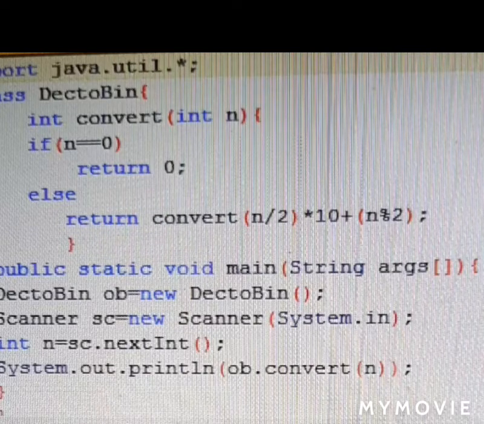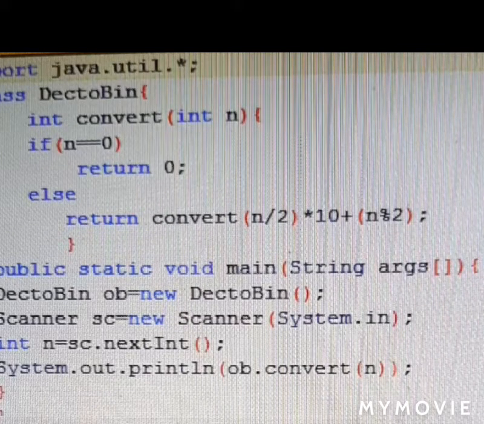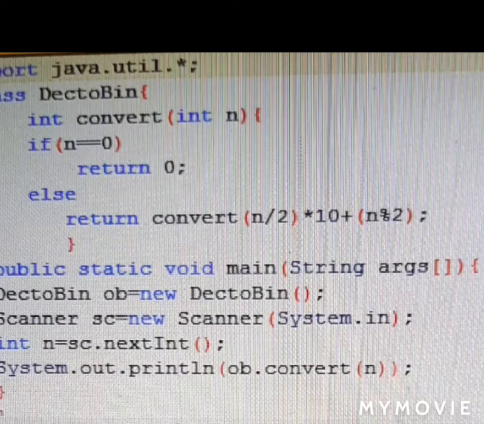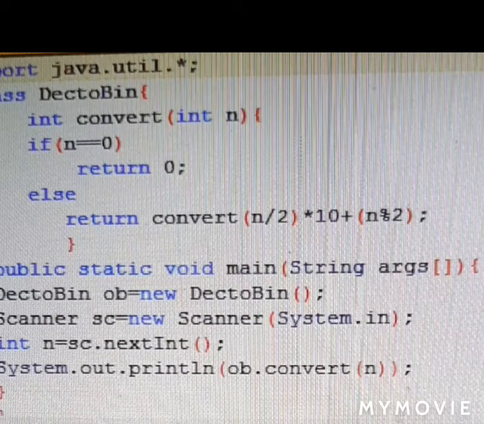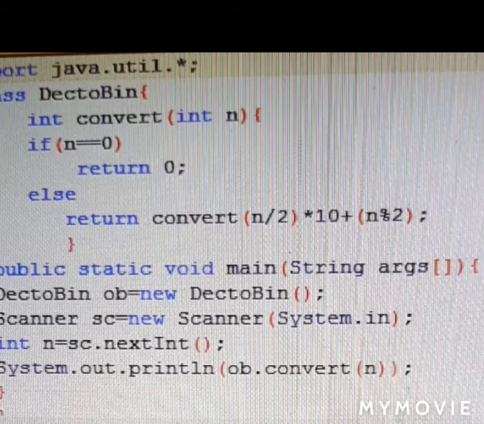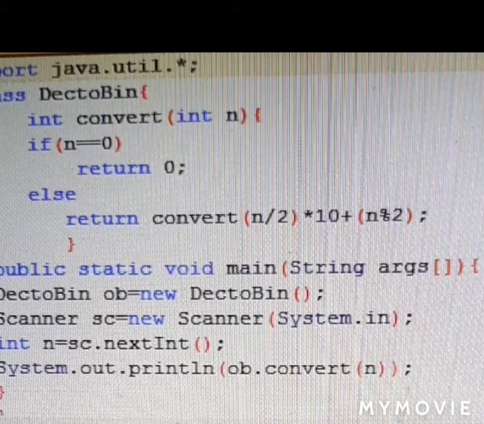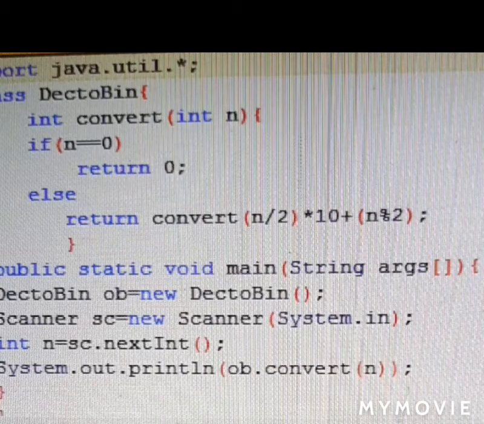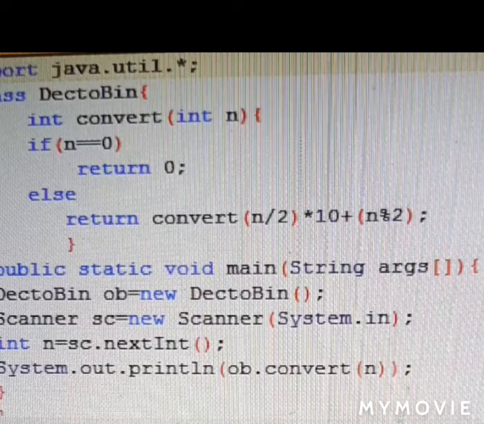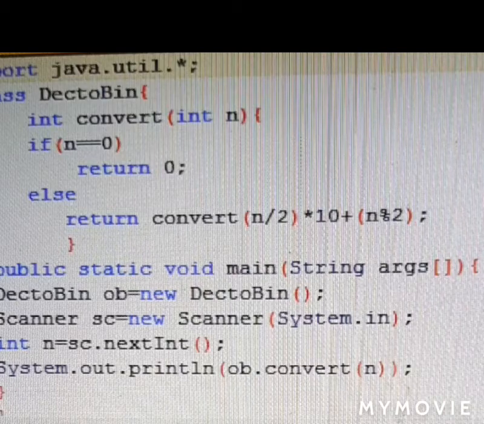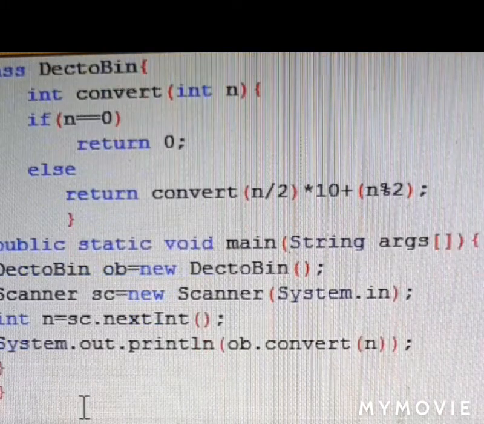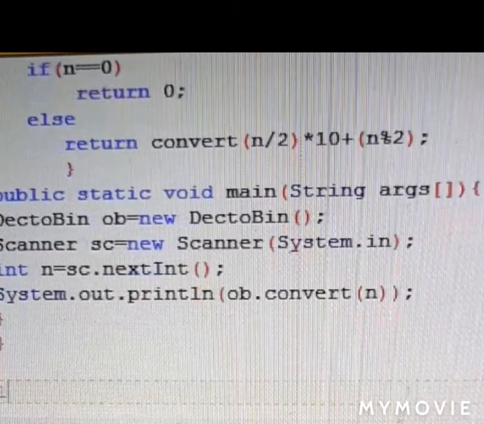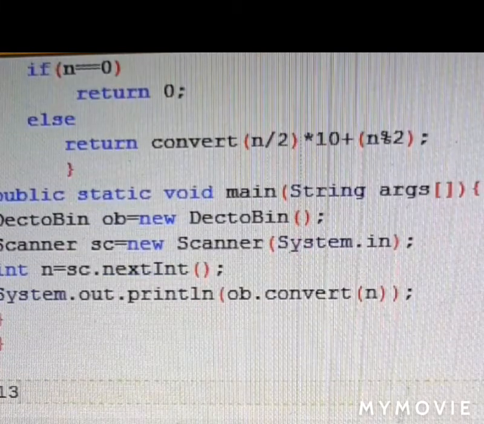So this is actually a program of converting a decimal number to a binary. Whenever a decimal number, like suppose 5, is given to us, we divide it by 2 and we get whatever remainders, like 1, 0, 1. They are arranged and then we get the output. So decimal to binary means, suppose we are dividing 13 by 2.